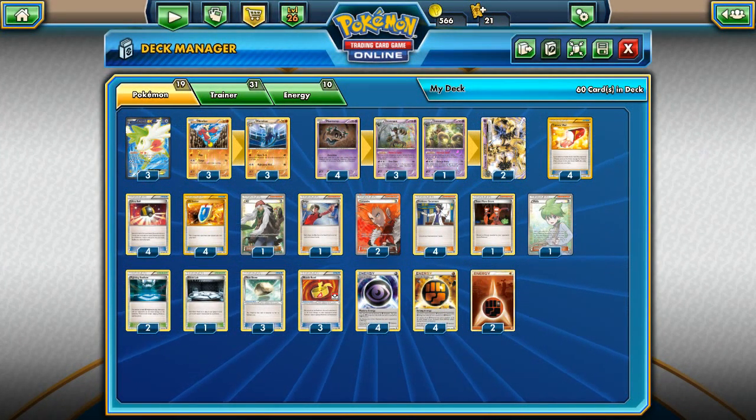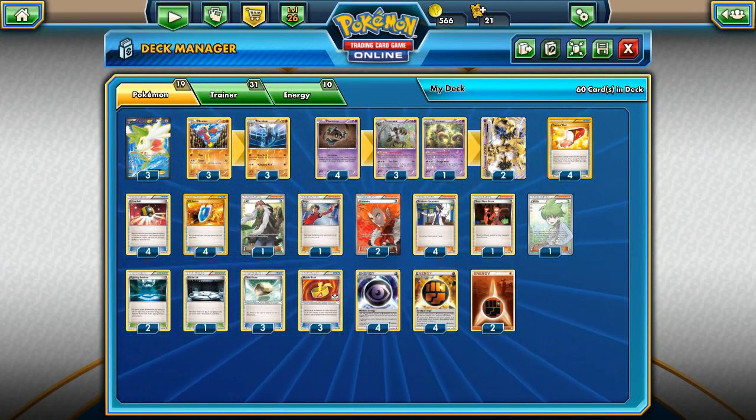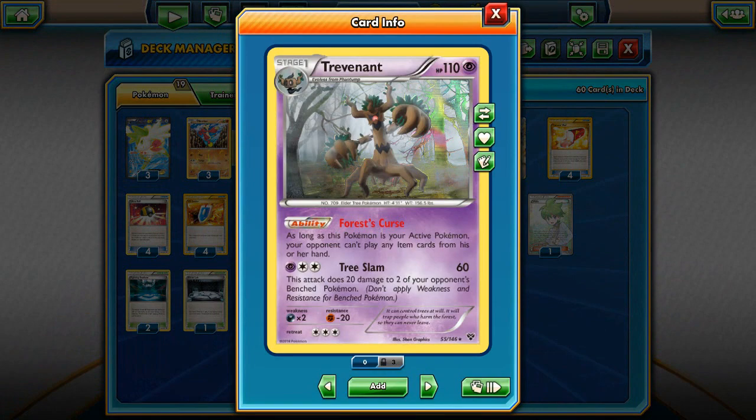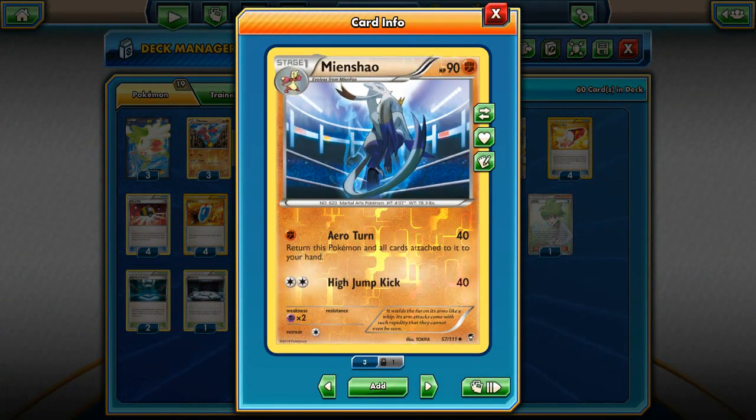So basically, what's the deal in this deck? It's to start with the Trevenant turn 1 and on turn 2 have Mienshao spread the damage around the board. With Mienshao you can hit for like 40 with only 1 energy, but with the Muscle Band and Strong Energy it's 80, and with the Fighting Stadium for the EX it can be 100, or even knock out popular cards in the format like Manectric EX,